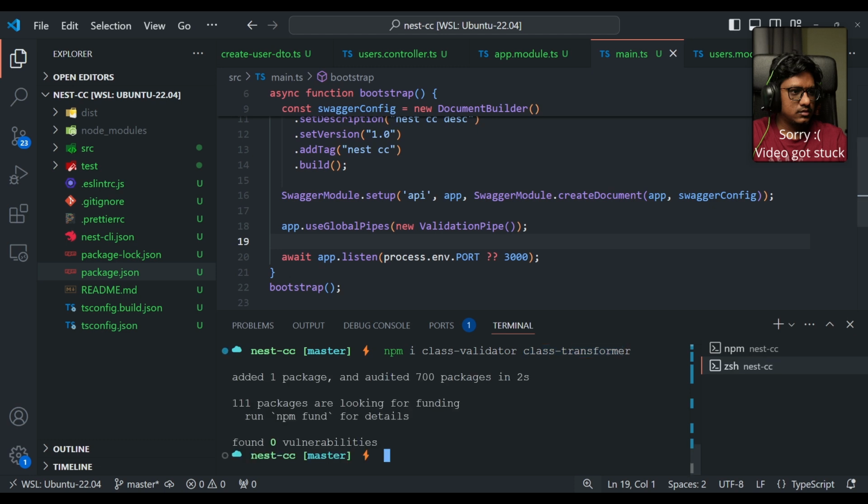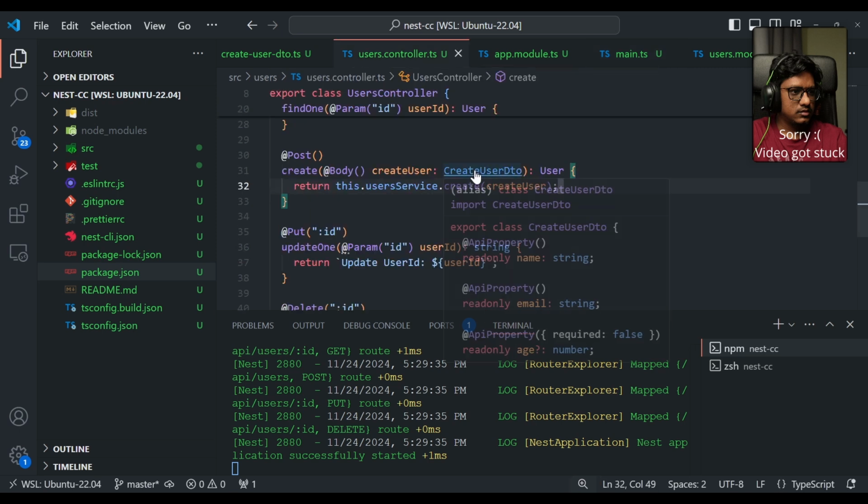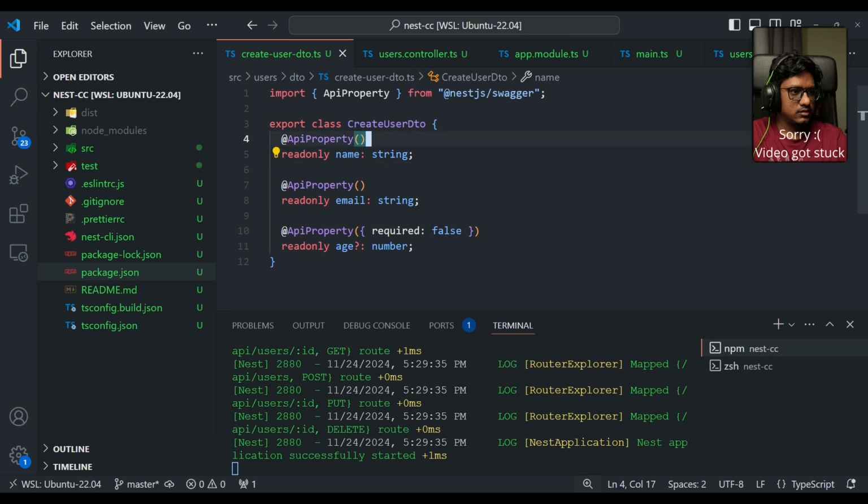Okay, both are installed. Now let's go back to the server, and the server is not throwing any errors. It's all started. So now the validation pipe has been configured at the global level. Now let's go back to the users controller and open the create user DTO. We just configured the validation pipe to apply at the global level, but now for this class we need